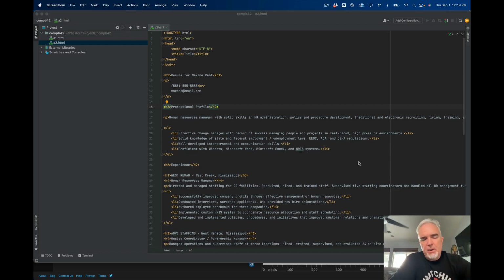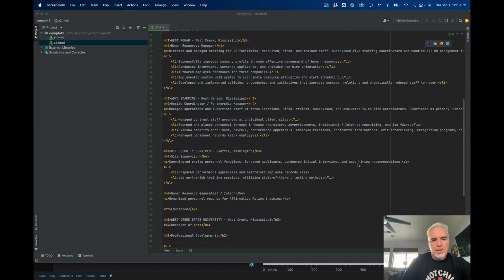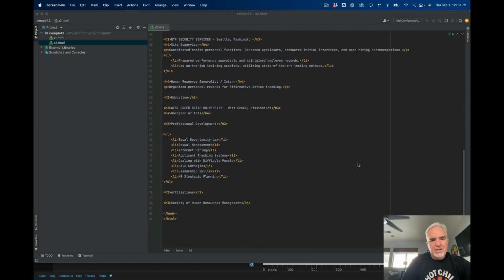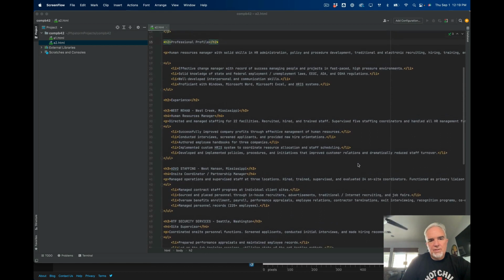Okay, this is the second part of the assignment 2 video tutorial. So I'm going to show you now how to take the HTML marked up resume file and add some CSS to make it look even better. The first thing, I'm going to assume that you have completed the markup of the entire file. So the whole resume is very neatly done with HTML, sort of like I have here,